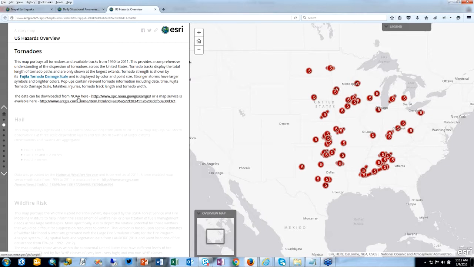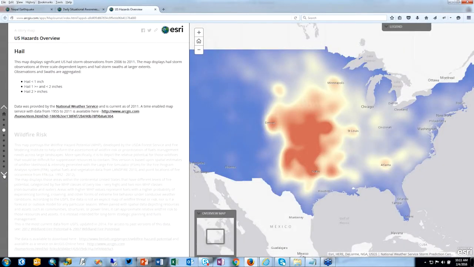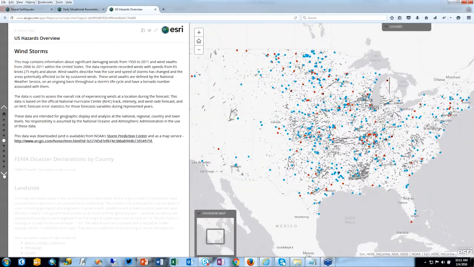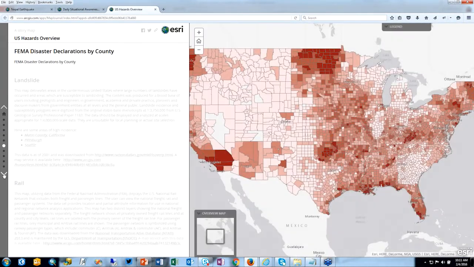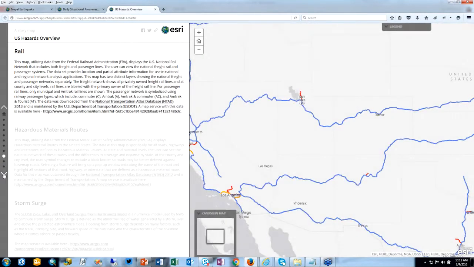story map journal. I've even provided links here to the source web map, so if you wanted to include this in your own story map journals, you can do that. And this is a public story map journal. We'll send the link to you after the webcast. But I just wanted to give you a sense of a couple of different uses of the story map journal for